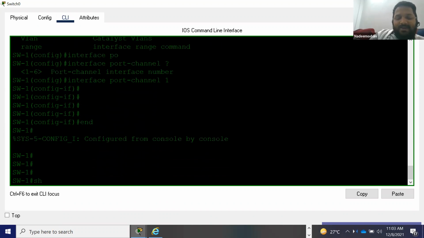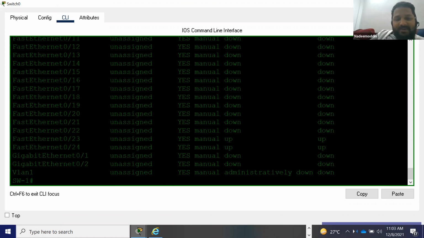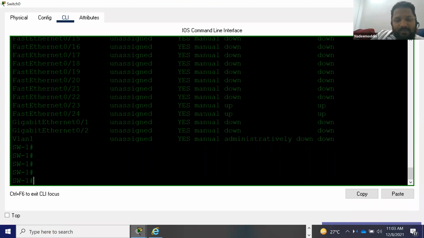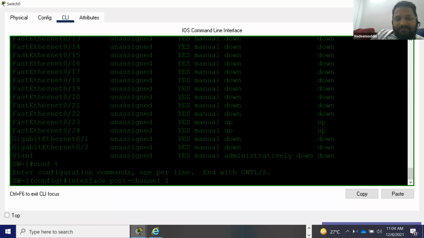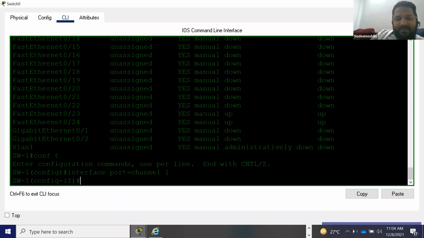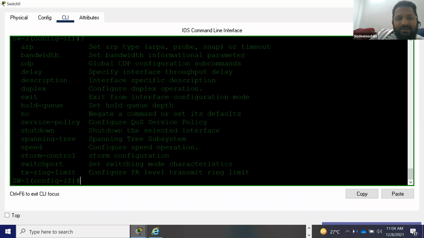So now if you go back, say show ip interface brief. Go down. Can you see here? Okay, one second. Config terminal, interface port channel 1, no shutdown.